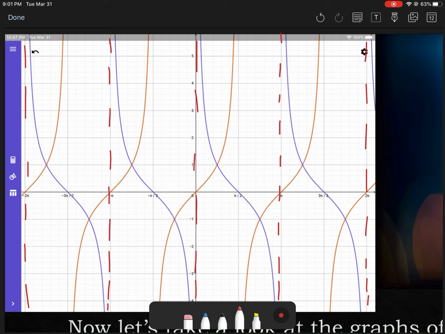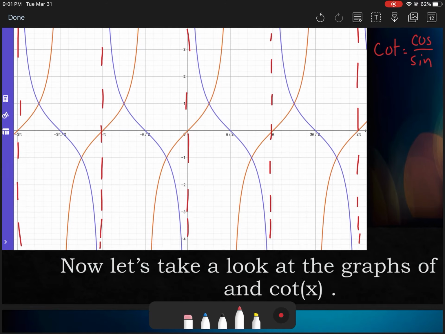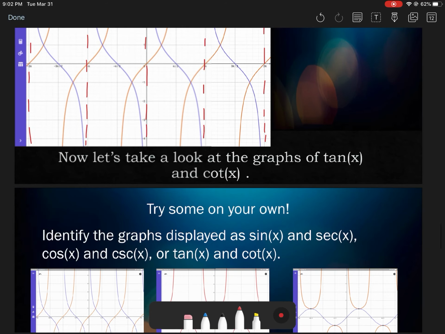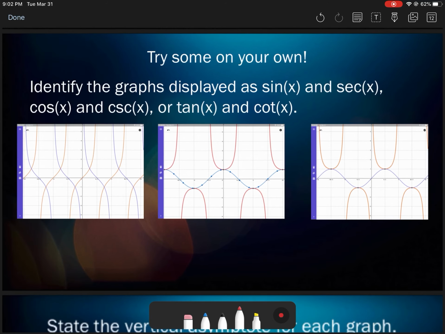There we go. Okay, so these asymptotes for cotangent are going to be the same where sine is equal to 0, because remember, cotangent is the same thing as cosine over sine. So wherever sine is equal to 0, that's going to give you the cotangent where it's undefined. Okay. So the next thing you're going to do is identify the graphs displayed as the sine and secant, cosine